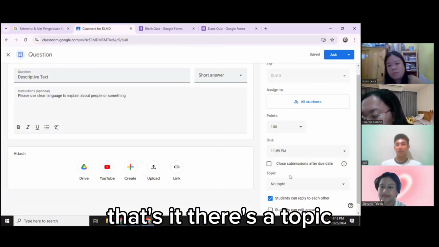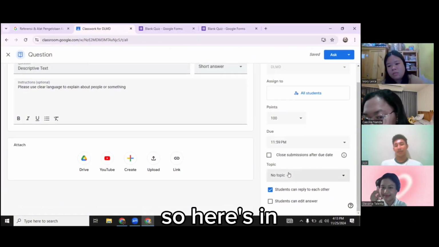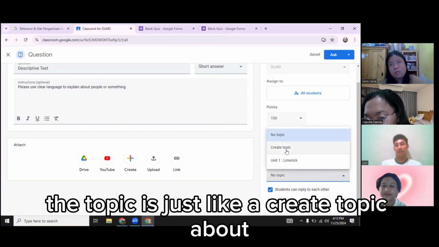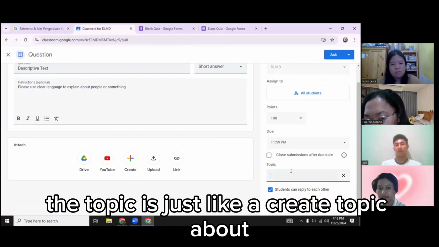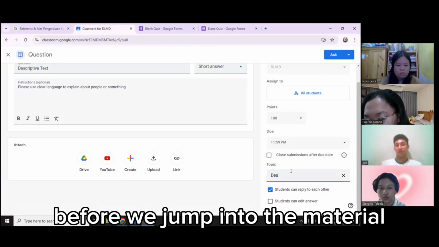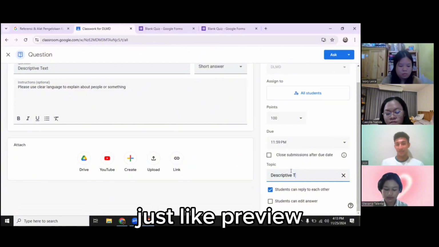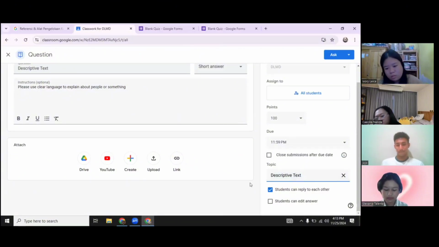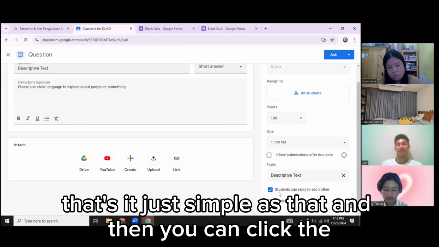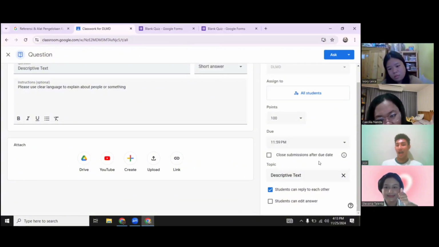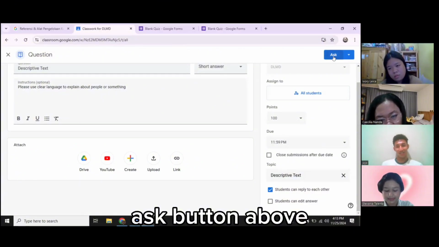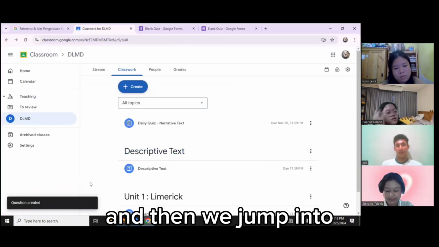That's it. Then there's the topic. So here in the topic, it's just like creating a topic about, before we jump into the material, descriptive text. Yes, just like a preview. That's it. Just as simple as that. And then you can click the X button above. And then we jump into